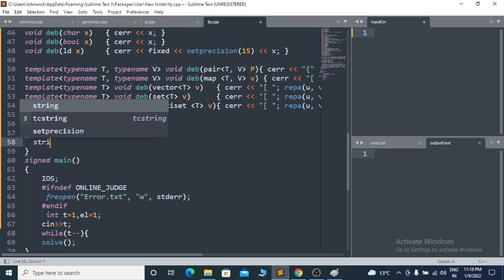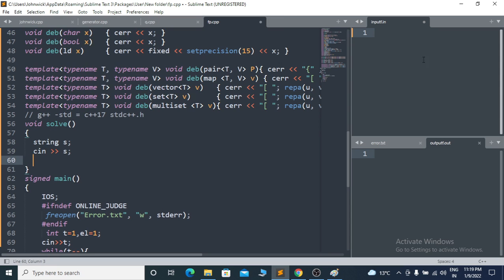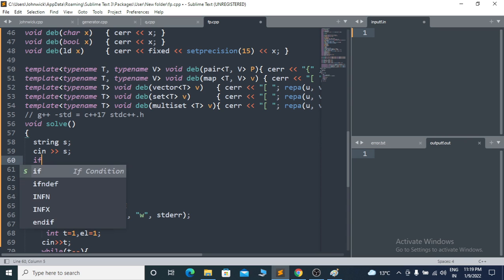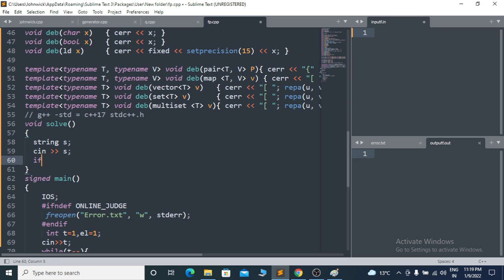Okay, let's create a string, enter the string, and just check first. Let's run a find function in the string, which is s dot find. What do we want to find? 1 0. It is 2 in binary representation.